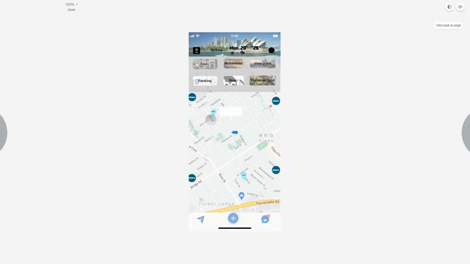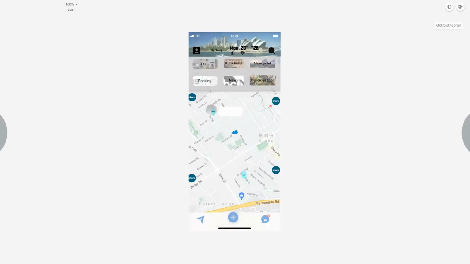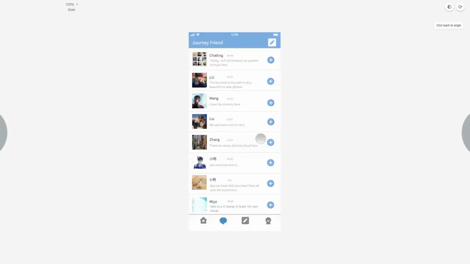When they speak about a place, they can start it here, say something, decide who can see it, and one of these would show up on the map. And other people can follow the post and talk more on it. The conversation can continue and they can post below.